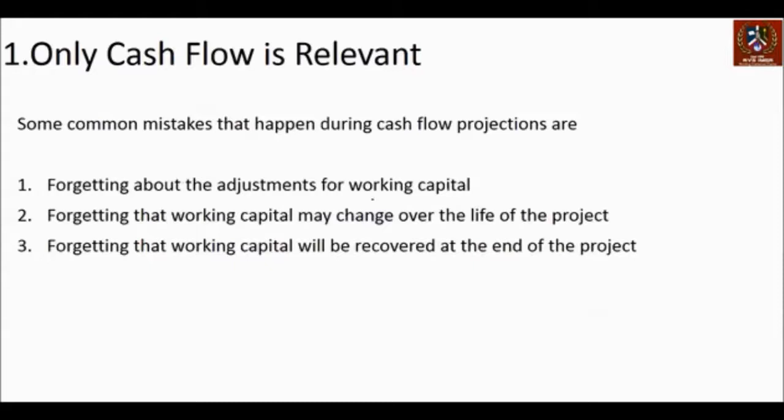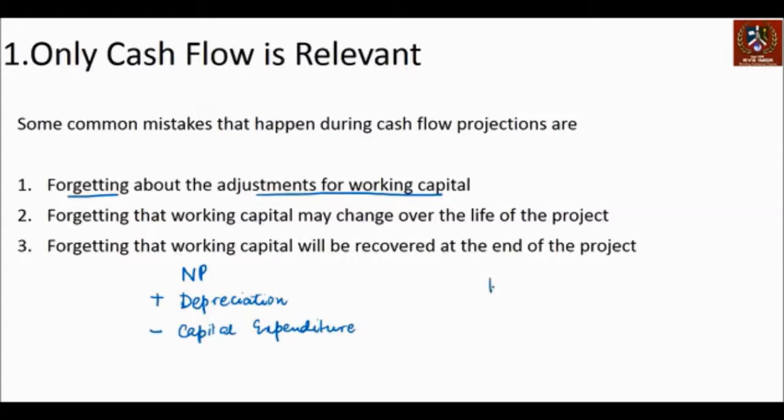Now, what are the common mistakes that happen during these cash flow projections? The first common mistake is that we forget about adjustments for working capital. We completely miss that out a lot of the times. That's important to incorporate. For example, if we are building the cash flow starting with net profit, remember that we add depreciation or any other non-cash charges, then we subtract any kind of capital expenditure. A lot of the times we just stop here. That's a mistake, because if receivables went up from 100 to 200,